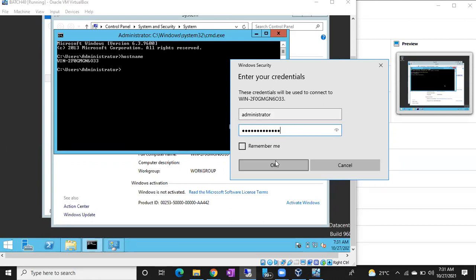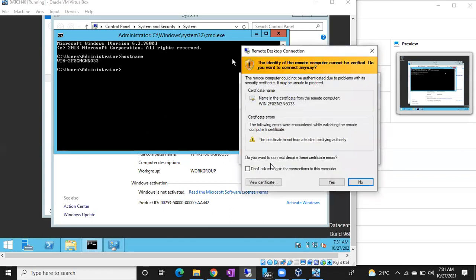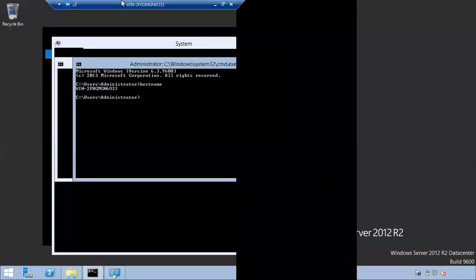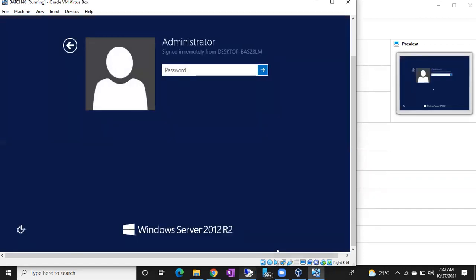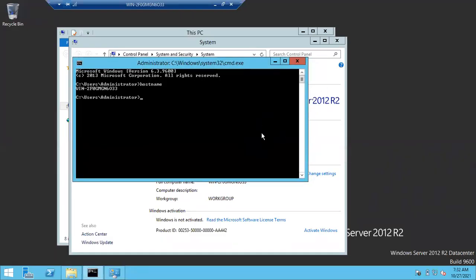Okay. See, once I click OK and it establishes the remote connection, this Windows server will be locked. Either a direct connection or a remote connection will work. Okay, let me click OK. Just click yes. So now I'm connected to the server remotely, and if you see now, this is locked, right? Earlier you could see the command prompt and all. Now this is locked. If you log into this server again, your remote connection will be closed.